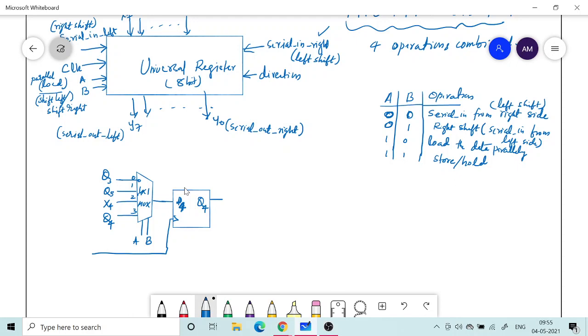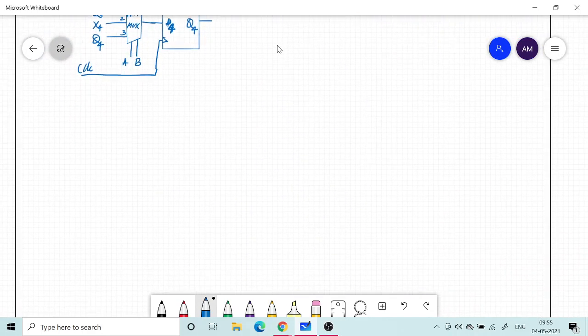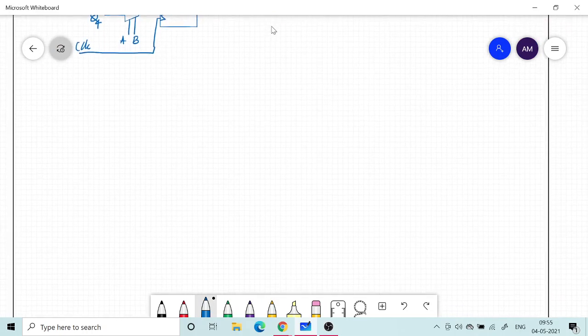There will be a clock also, which I have not mentioned. Depending upon positive edge or negative edge, there will be no bubble or with bubble. If bubble is there, that is negative edge triggered. That is just giving some details for your assignment.